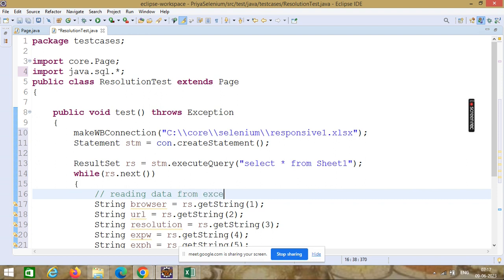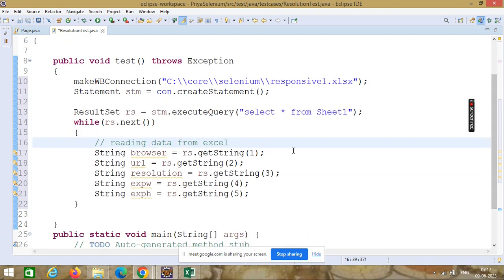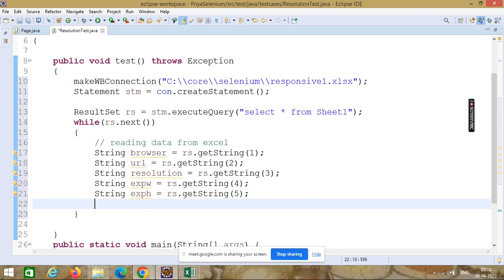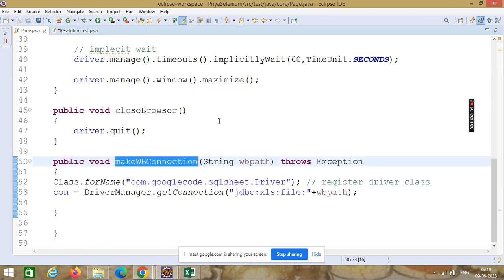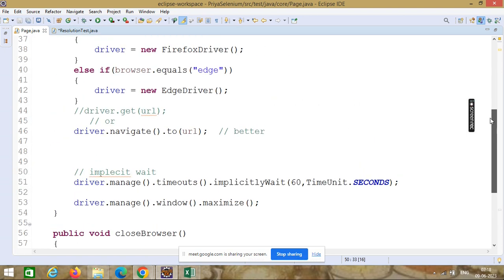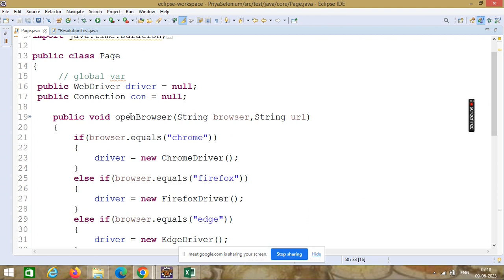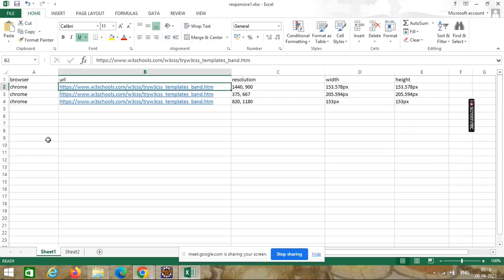from Excel. Now after we have read this data from the Excel, we have to pass this data to the browser. So again we have created this method, open browser. So I have to open the browser 3 times.